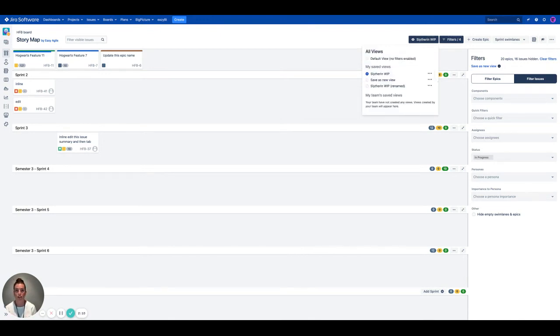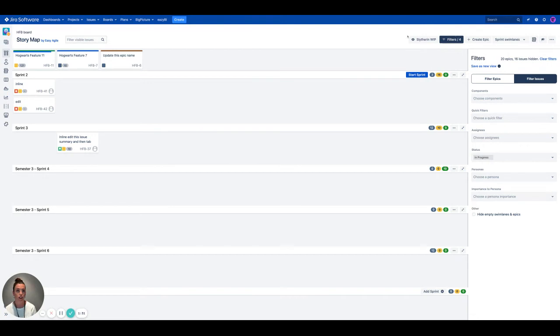And the really great part about this is that these views can be shared with your team as well. So rather than having each person in your team having to apply these filters individually to get the same focused view as you, you can send people in your team a link to this view. So if I click on the ellipsis menu next to your view name, I can click on Share. It'll copy the link to clipboard and I can send that to my team in Slack, for example, or I can paste it into a Jira ticket if I wanted. Alternatively, you can also send the URL in the top